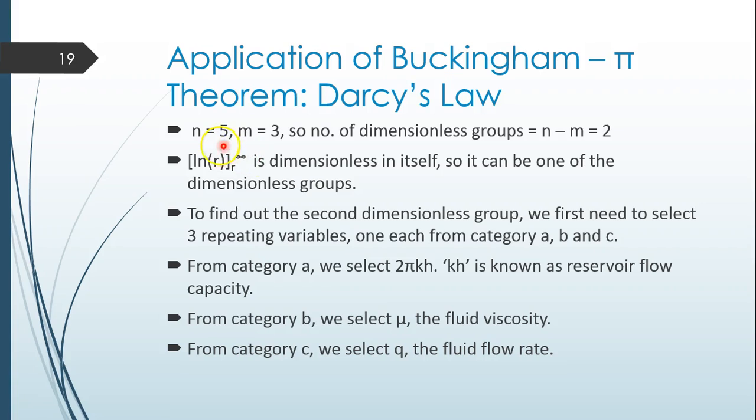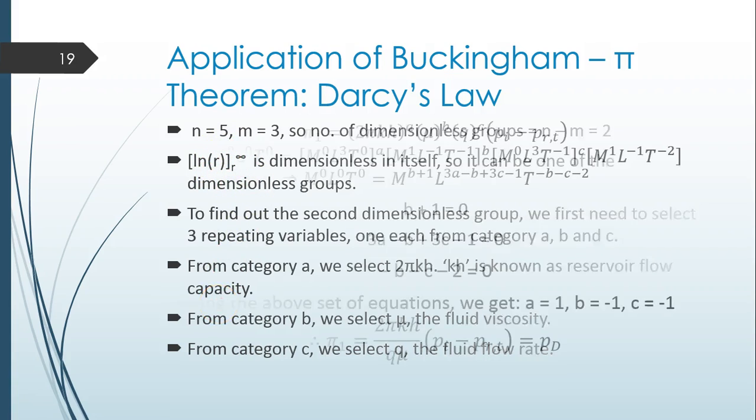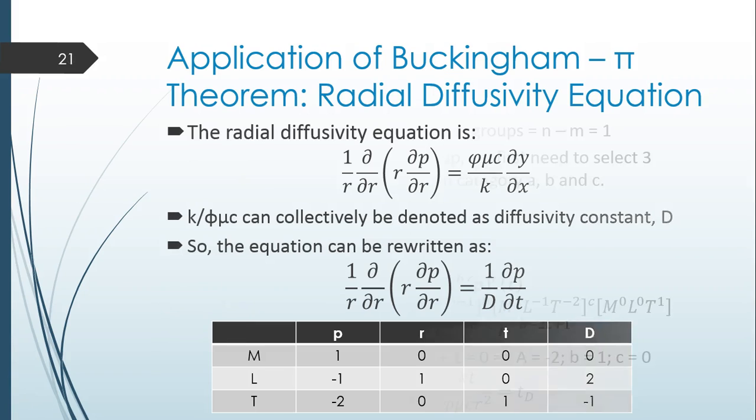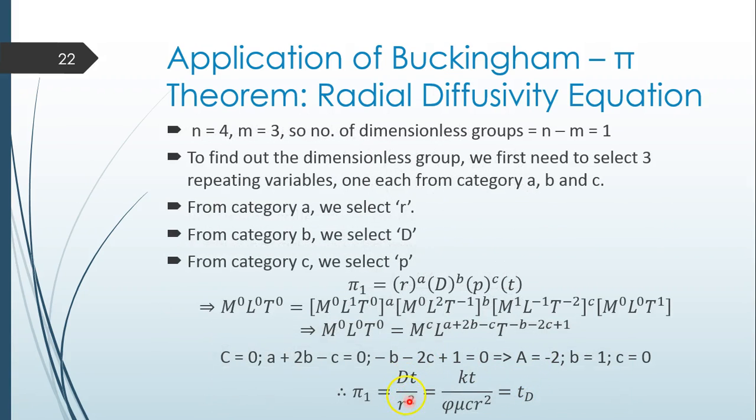So this was the first dimensionless group, let's call it rD, dimensionless radius. Then this was the second dimensionless group known as pD, dimensionless pressure, and the last one was this one known as tD, dimensionless time. Okay, and in our next session on well testing we will be